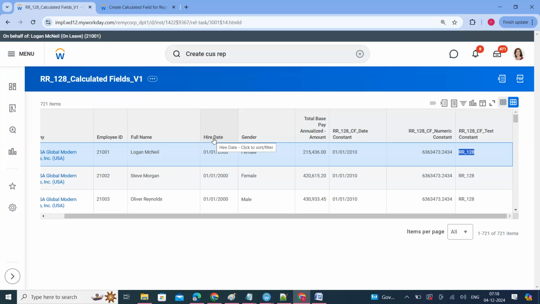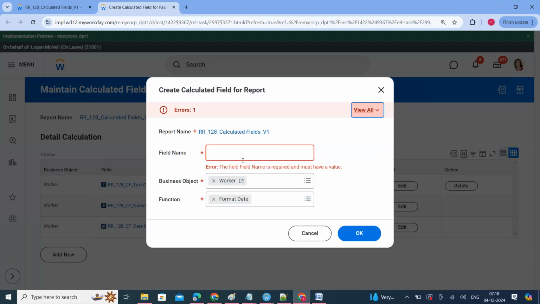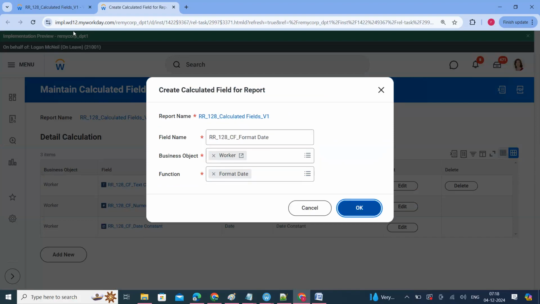For example, you take the hire date, the employee date of birth, promotion date, transfer date, any type of termination date, benefit election date, any specific date value you are looking for, in any specific format, we may use the format date calculated field, RR underscore 128 underscore CF underscore,